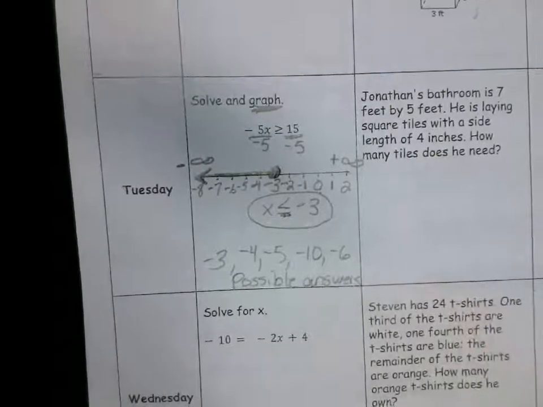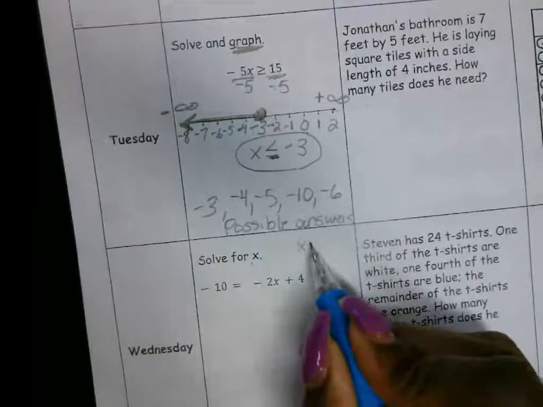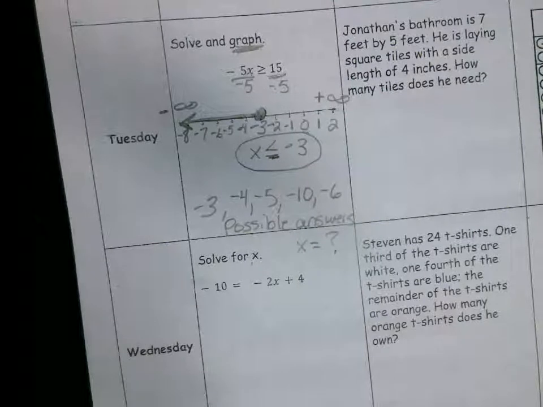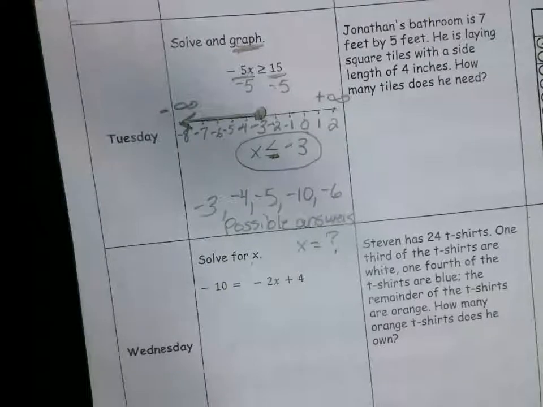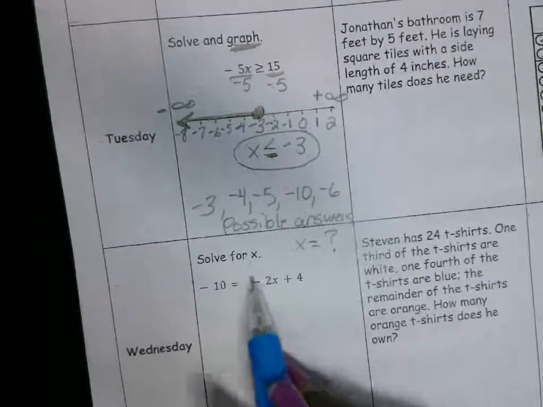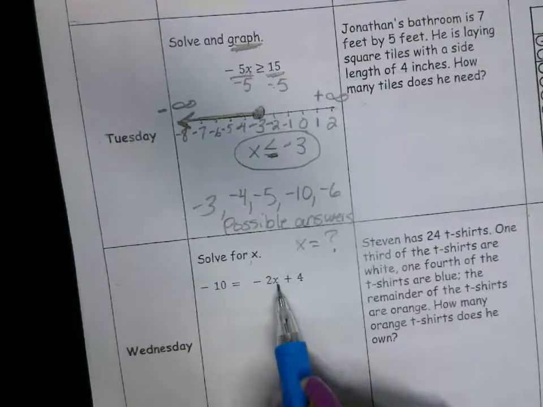We are solving for X. So that means we're going to isolate the variable X. We're trying to figure out what number is represented with X. What is the value of X? In order to solve for X, you isolate X. That means you get X by itself. So we're going to work on this side of the equation because this is where X is located. In order to get X by itself, you have to get rid of any numbers that you can get rid of by addition or subtraction. Okay. Working backwards.